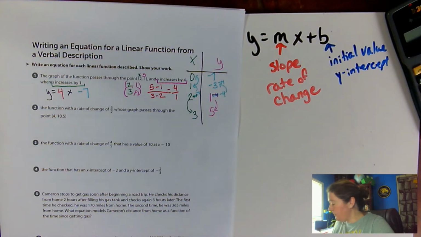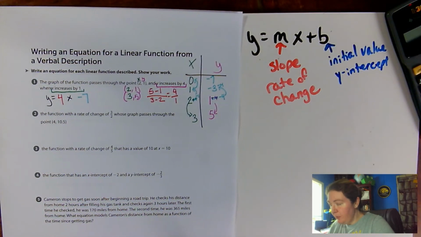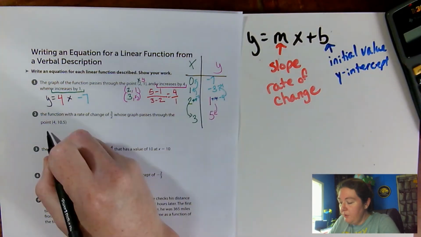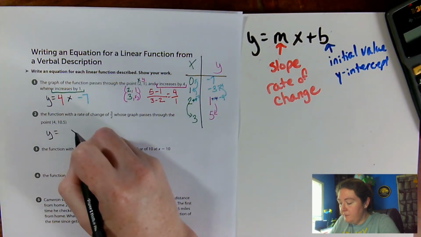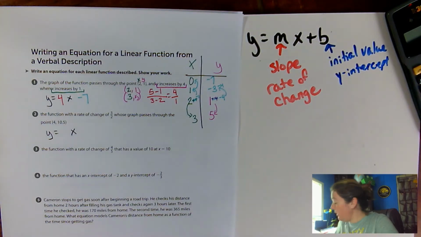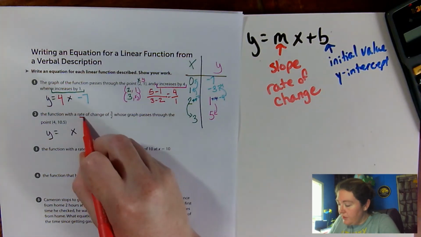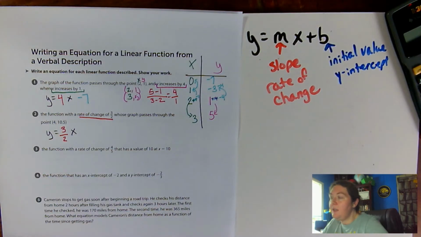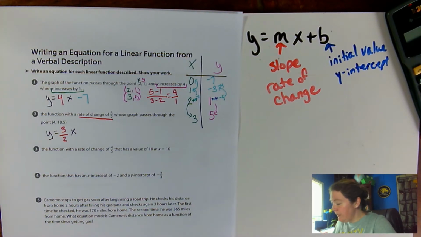Alright, next one. A function with the rate of change of 3 over 2 whose graph passes through the point 4, 10.5. Alright, we know that we're trying to make this equation again. Lucky for us, look what the problem already gives us. My rate of change. I already know that my rate of change is 3 over 2. I don't have to do anything. It also gives me this point of 4,